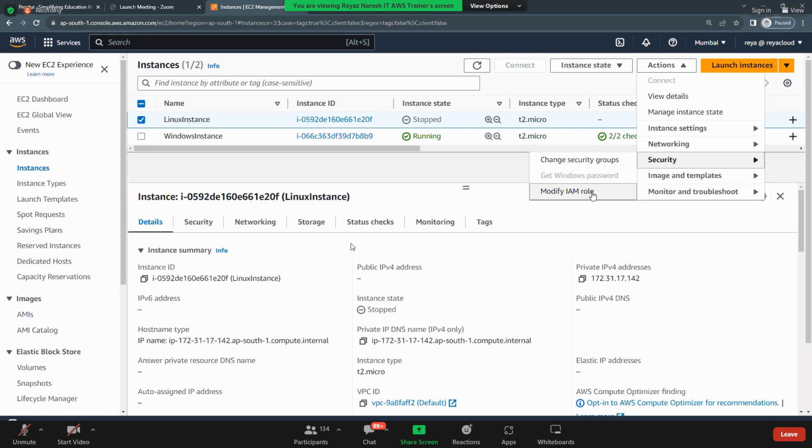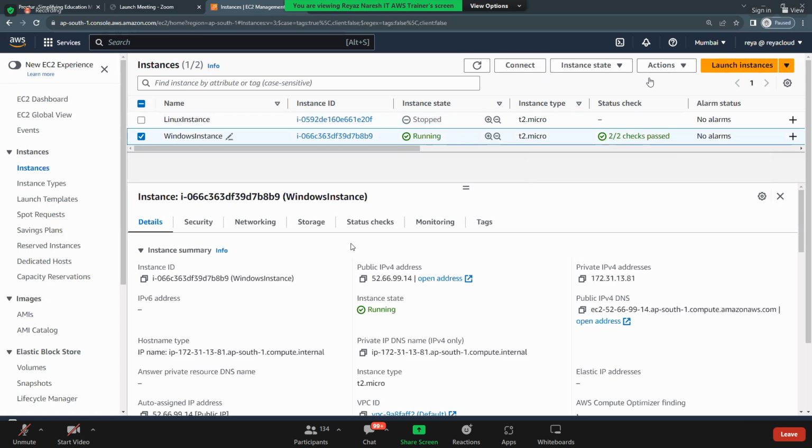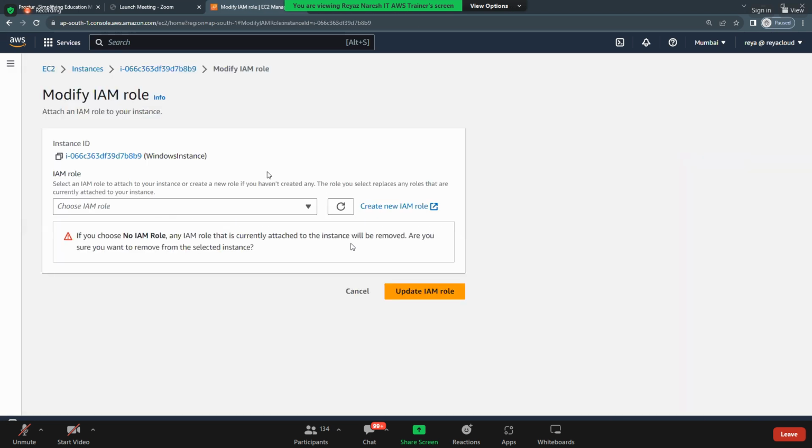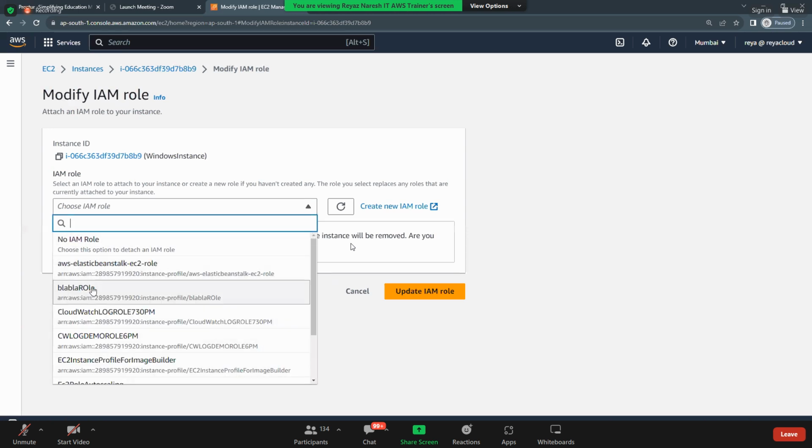But remember, as part of a certification question, can you attach, detach, or remove the roles while EC2 is running? Answer is yes. Let's say for the Windows EC2 instance, I go and modify the role. Do we have any role for this EC2 instance? No. Can I go and attach something, like a role I created?